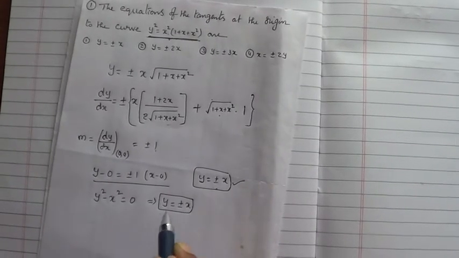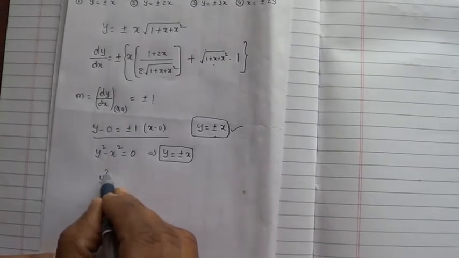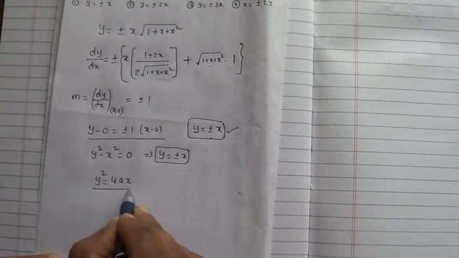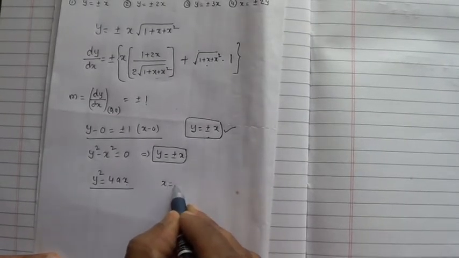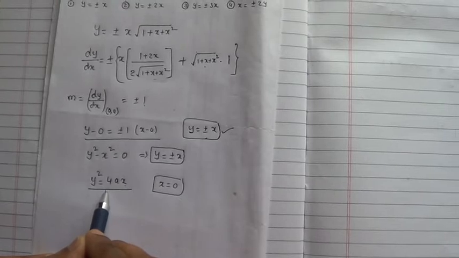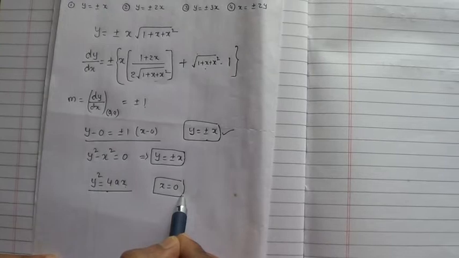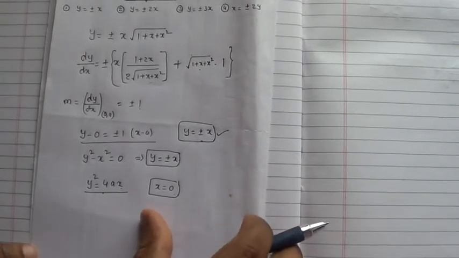Not only this question, any question we can do it like this. You can see, suppose the case of parabola, y square is equals to 4ax. Tell me what are the lowest degree terms here? X only, that is equal to 0. X is equal to 0. To this parabola at origin, the tangent is the line x is equal to 0. That is nothing but y-axis. Okay, so go for the next question.